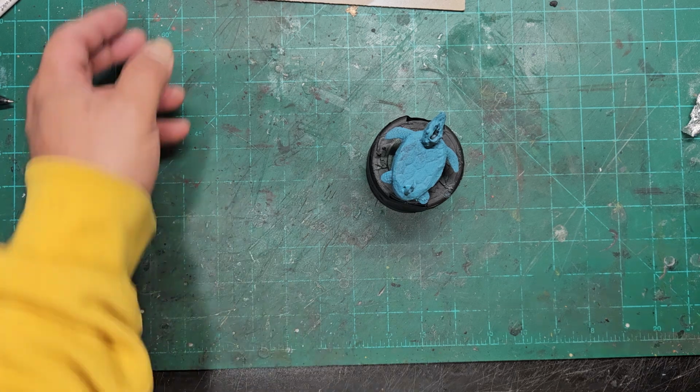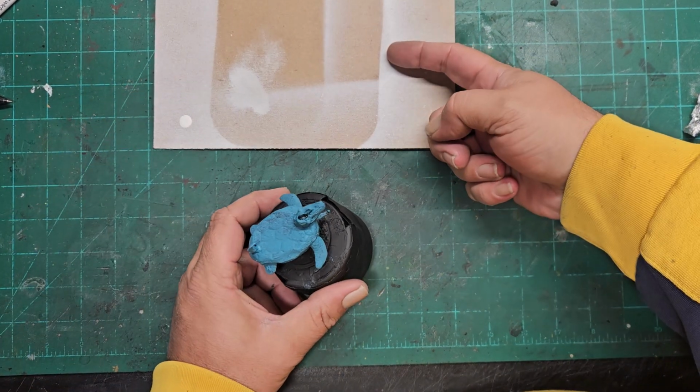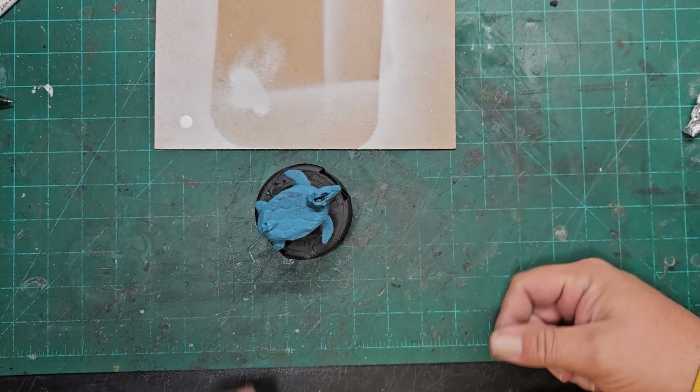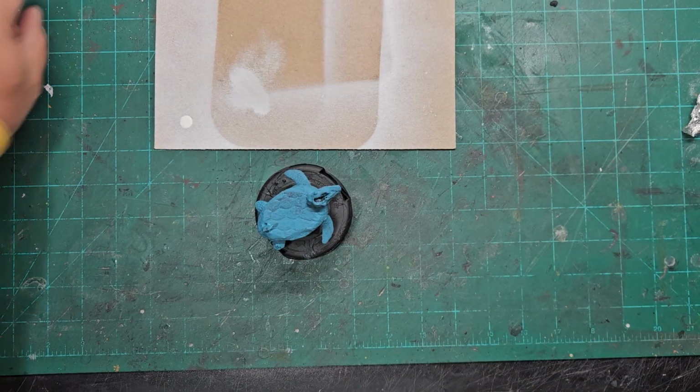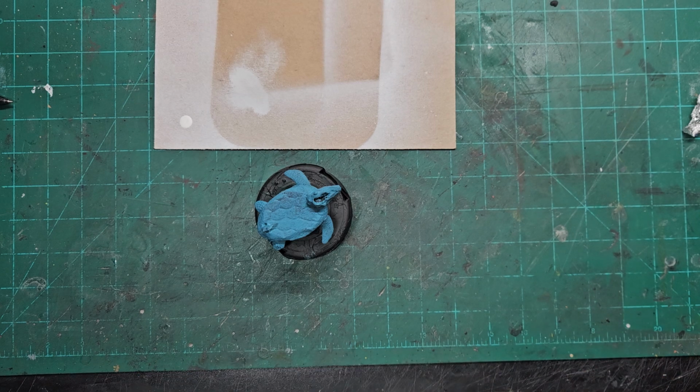That's fairly dry. I think dry enough for what we want. So I'm going to get this piece of cardboard here that I may or may not have used for spray painting and doing some white stuff. And I'm going to get a soft makeup brush from the Dollar Tree. There we go. Beautiful. And for my first coat,